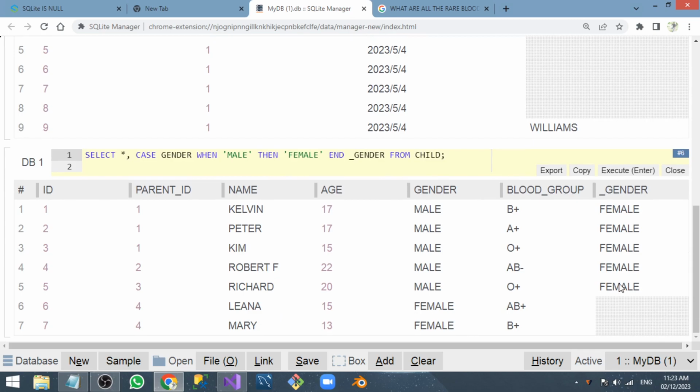So you can see, no, and it doesn't change. The female gender did not change, right? So for that,